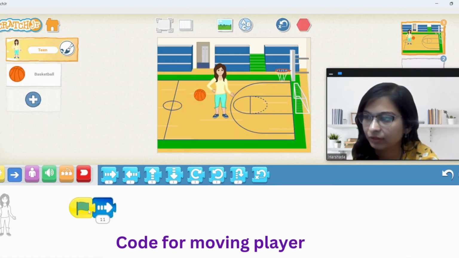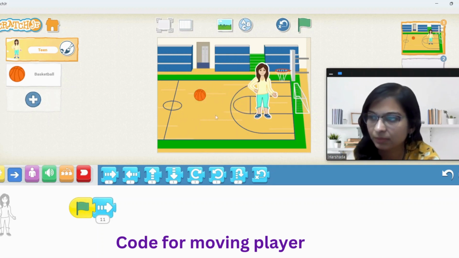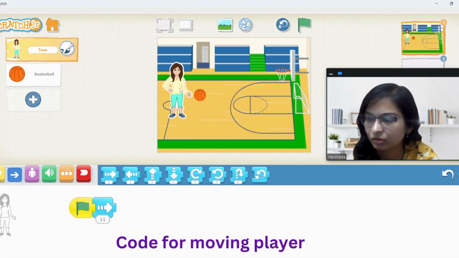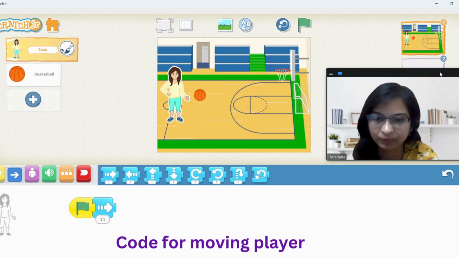Let's see how far she goes. So when she moves 11 steps, she will come near this basket. Okay, perfect. So let us take this one